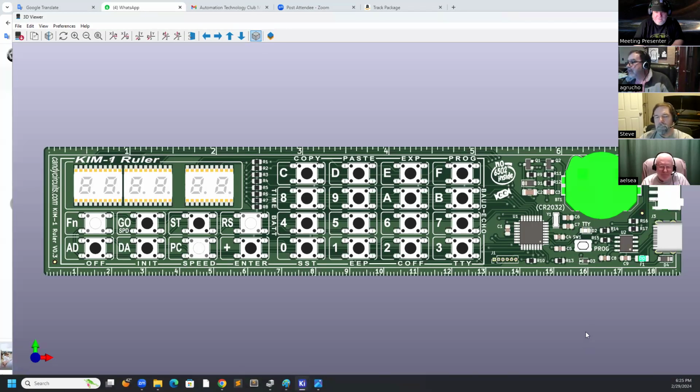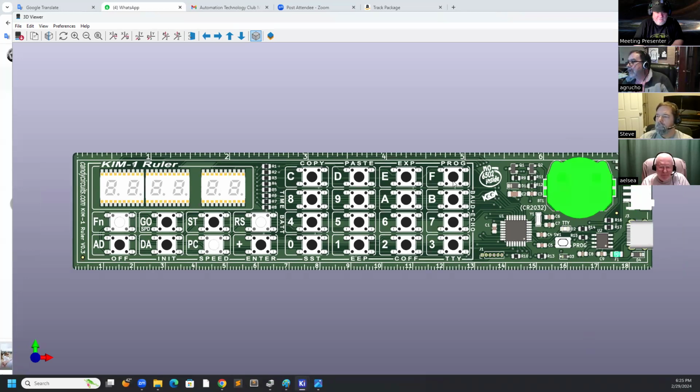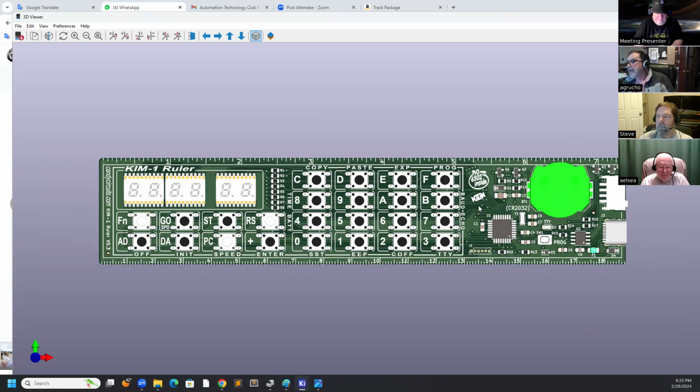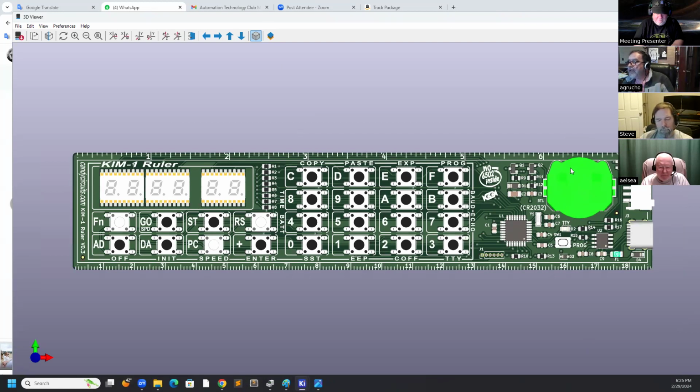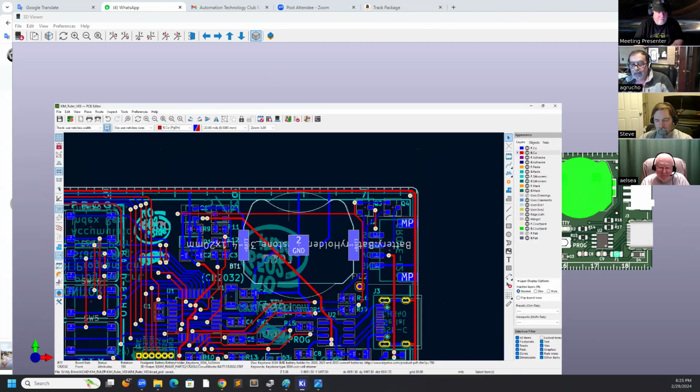Okay, this is the... I have this component selected in the other part of the program. I need to deselect it and go back to...